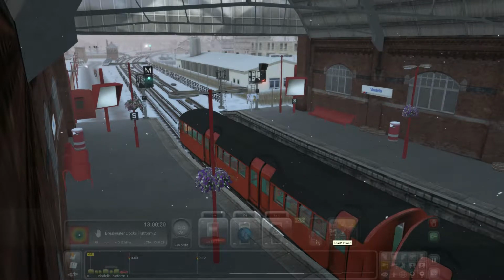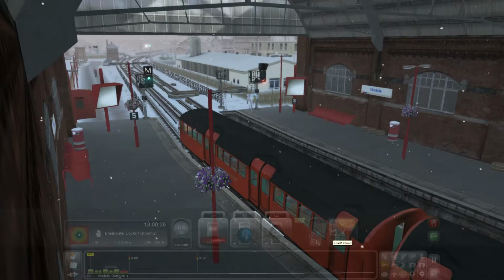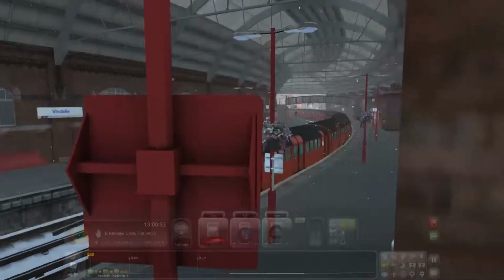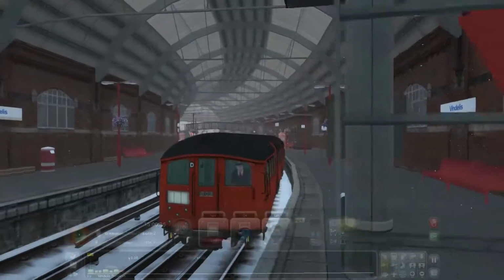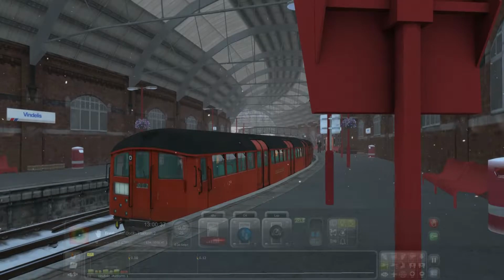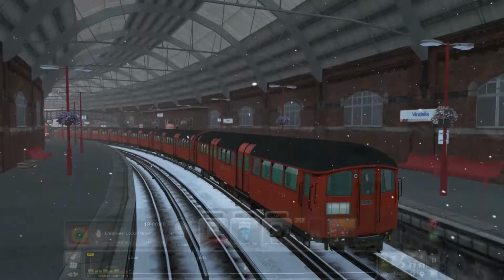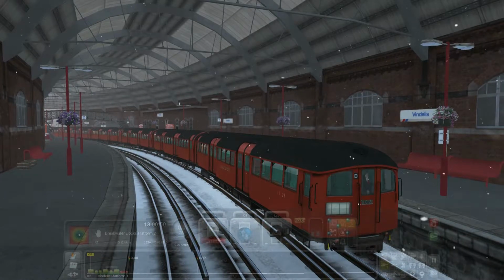And here it is. This is at a fictional station called Vindelli's. And check it out. For a fictional made up station, let me just zoom in and have a look. Now there's the train. Now they've made it fictional, but you could also believe that they could run services today on it. There's the train. Now I've set it for snow,